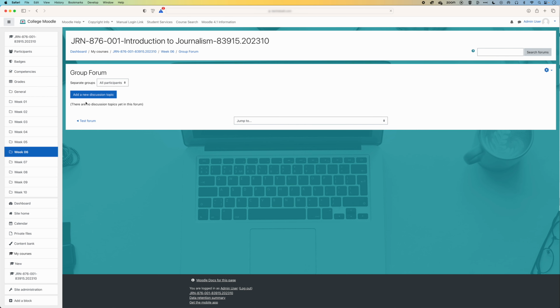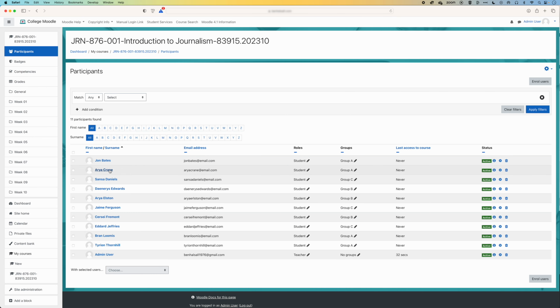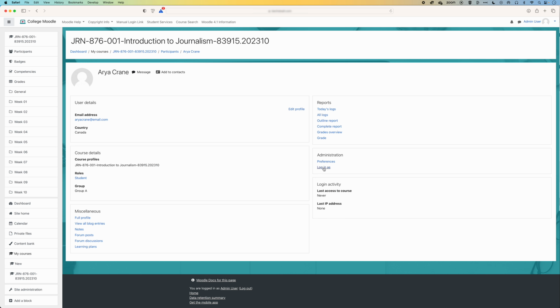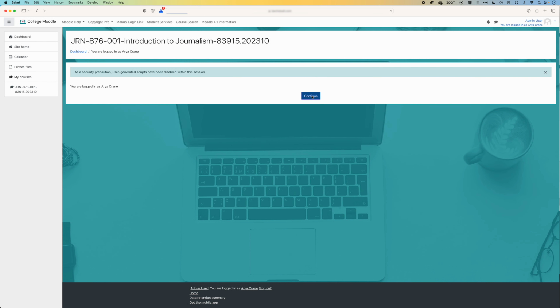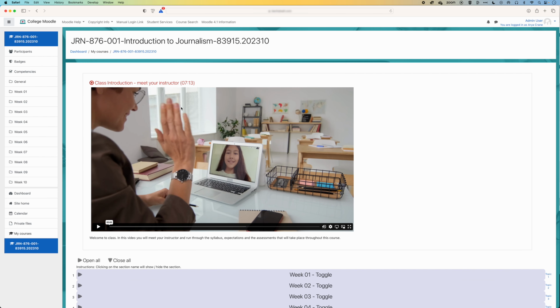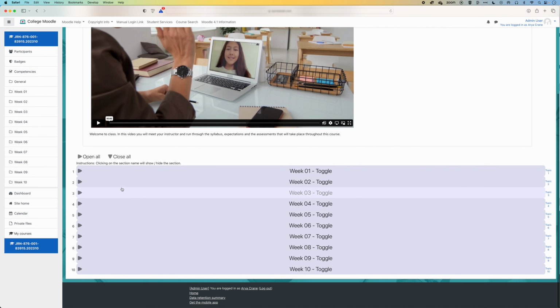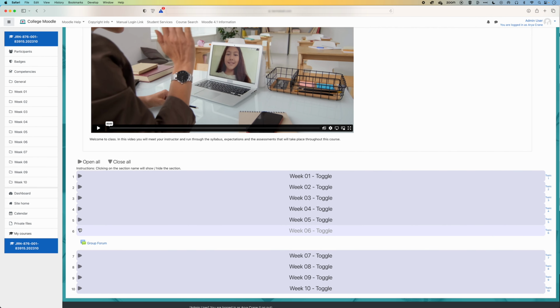And so now you can see we can add a new discussion. We can view our groups as separate groups, group A, group B, or group C. And I'm going to demonstrate this. So I'm going to come to my participants. I'm logged in as an admin, so I can actually log in as a student here. So we'll click continue. And then if we scroll down to week 6, I believe it was, you can see